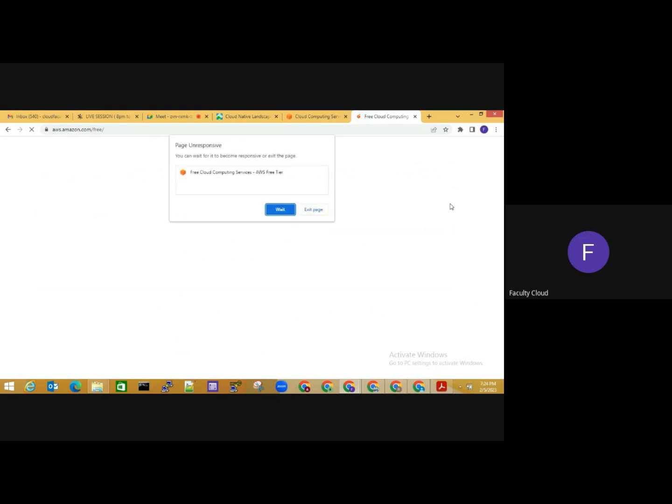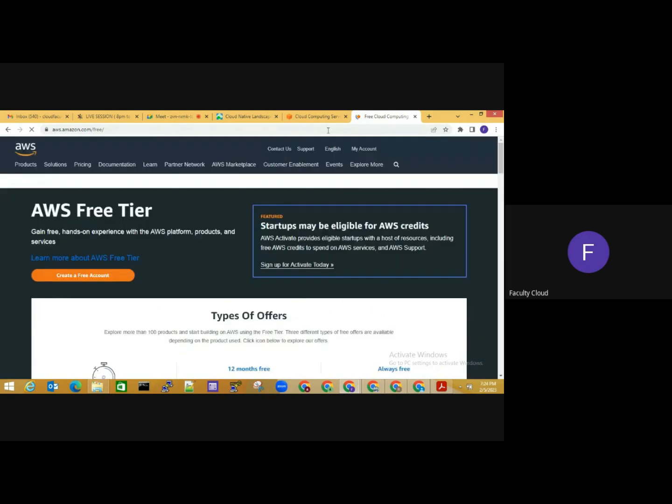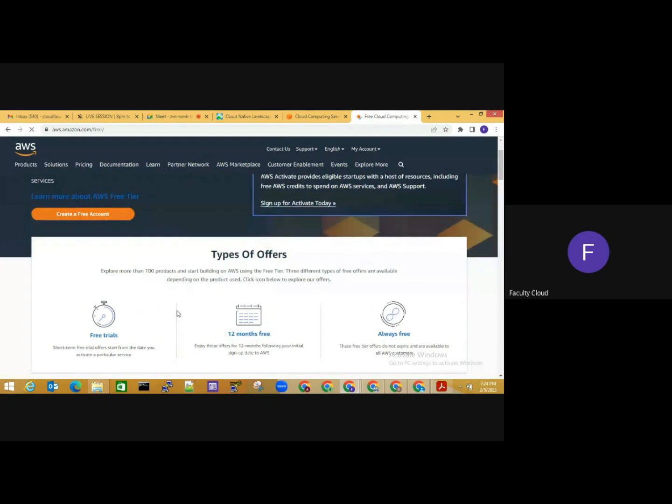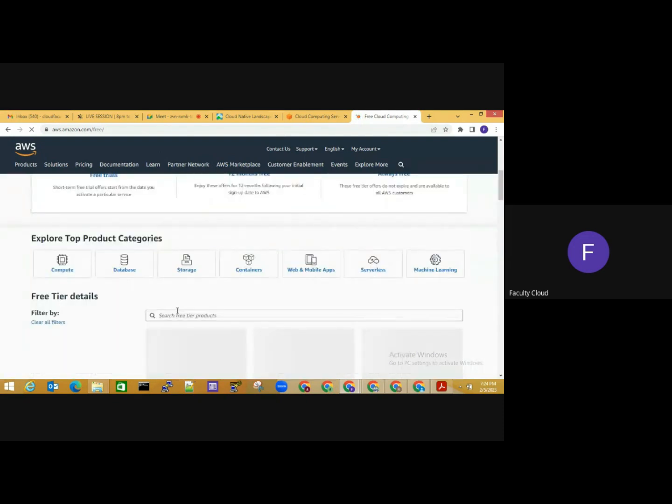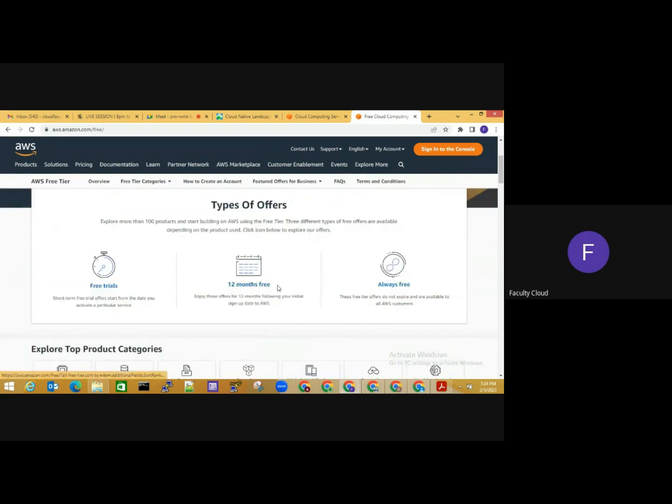If you prefer to run on Google, Google gives you a 60-day period, out of which $300 credit is initially available. It will be costly after 60 days. If you go to Azure, it gives a 30-day package only. So if you look into AWS, it's 12 months free. This is one thing which everybody prefers. For the next 1 year, I don't have to pay anything.